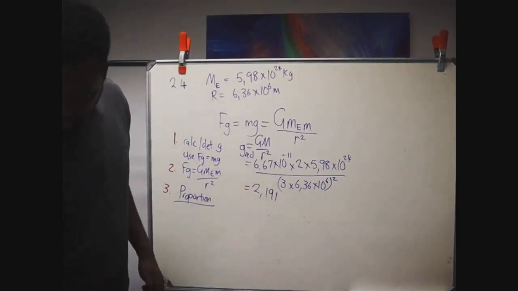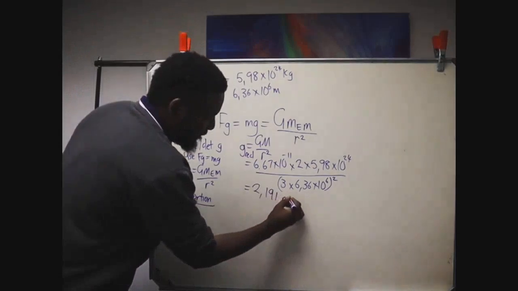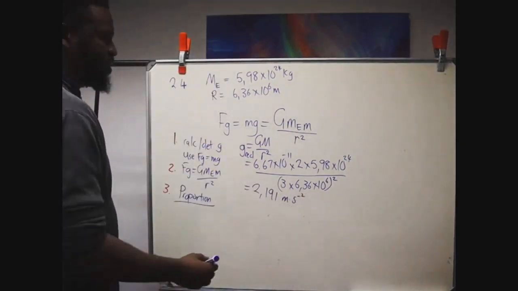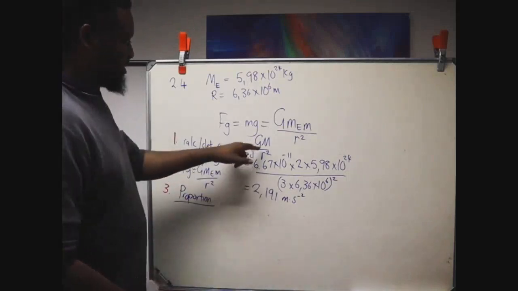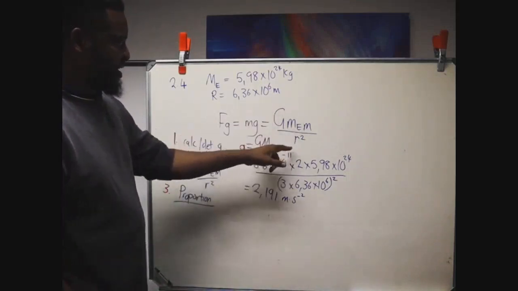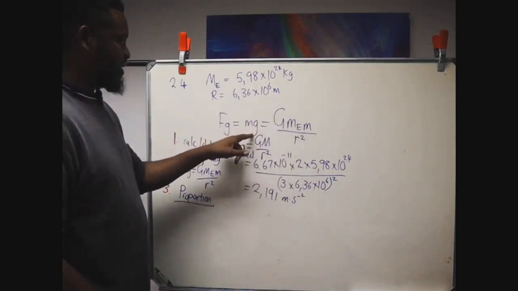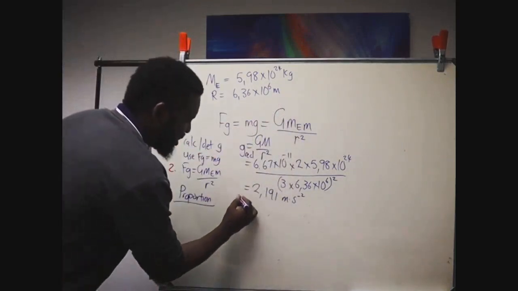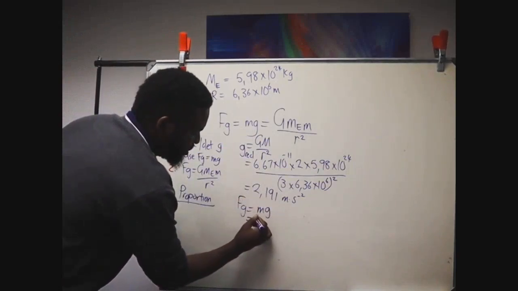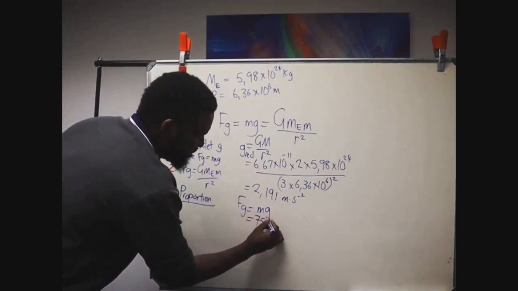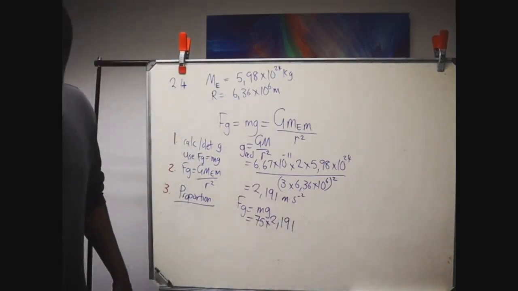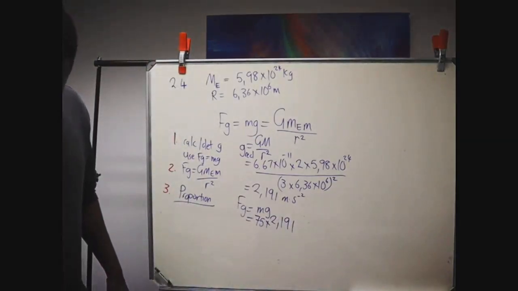2.191 meters per square second. From there I can just say, okay, this times m. See what we're doing? We're basically taking this and multiplying by m, so it's the same. So I now say Fg is mg: 75 was the mass times 2.191. 75 times